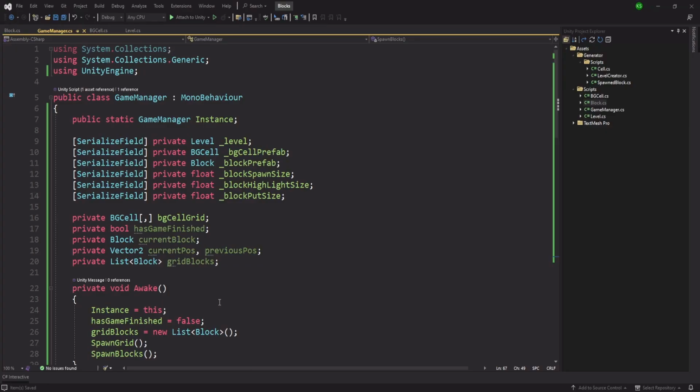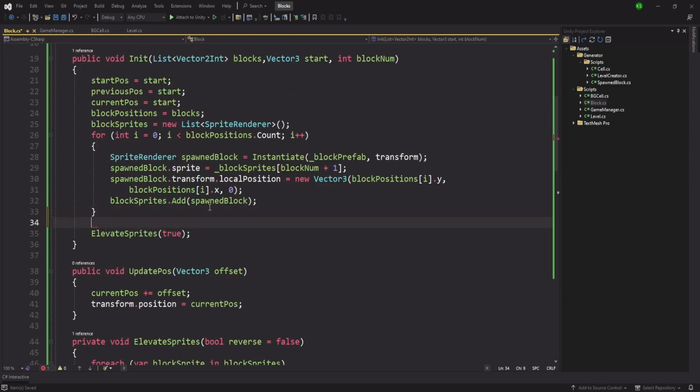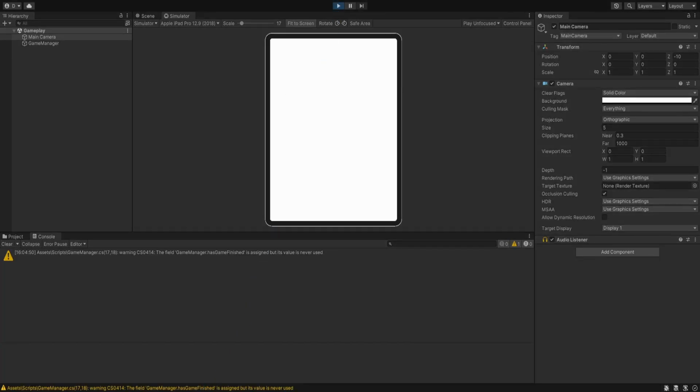So where did we forget to change? Maybe inside the start. Yeah, transform.localScale is going to be 1 multiplied by the block spawn size. Now let's see how it arranges. So it is again at 3 cross 3, and now it should not